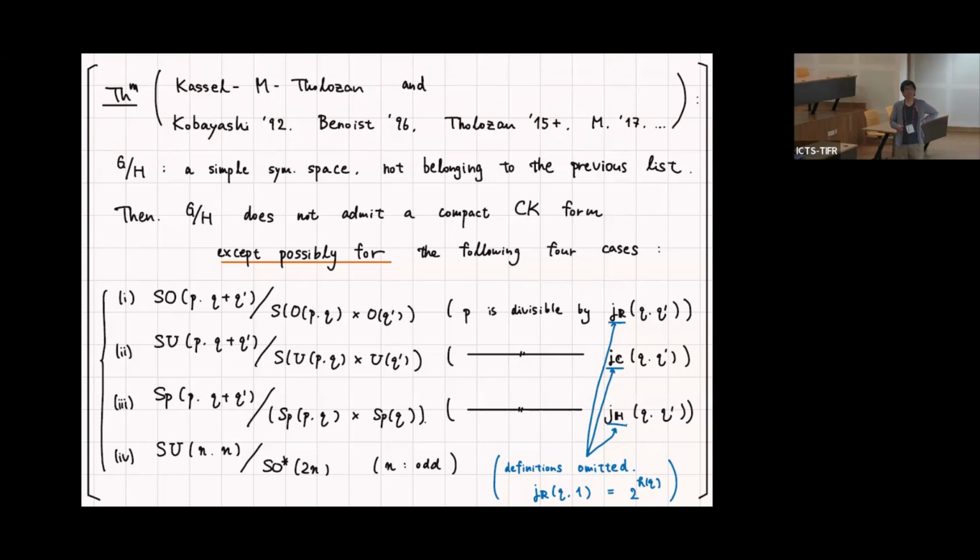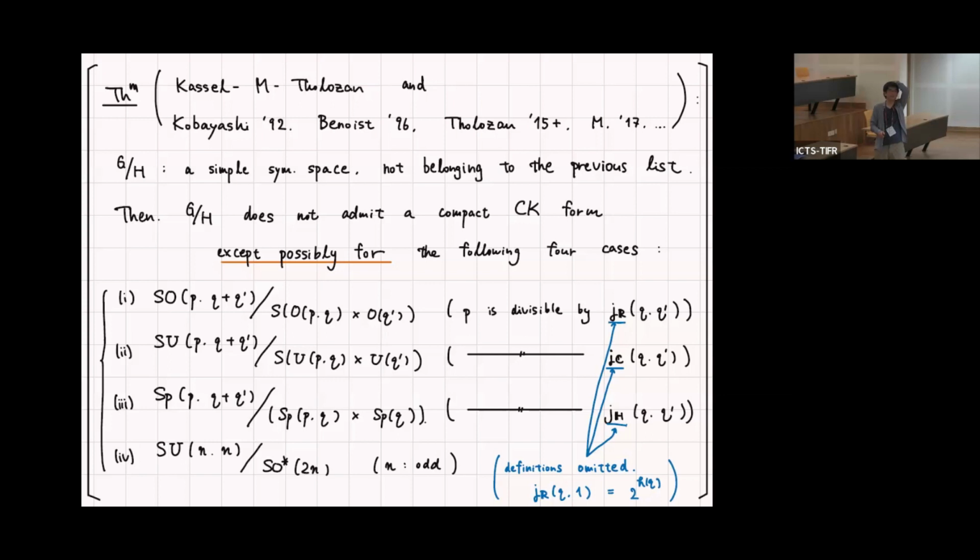Namely, this first, second, and third cases are very similar. This is just R, C, H. And this one is the space of all negative definite Q-dimensional subspaces inside R, P, Q plus Q prime. So this is a generalization of the HPQ to the Grassmannian, and similarly for this complex and the quaternion situation. And you can get, as in the case of the HPQ, that this P is divisible by some number, but we cannot solve all the cases. And there is one other example which we could not solve and the previous methods do not work,